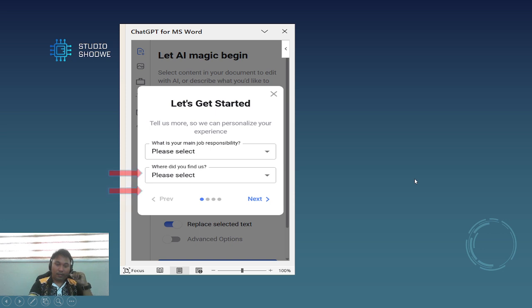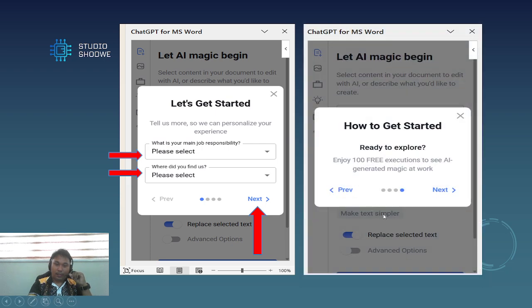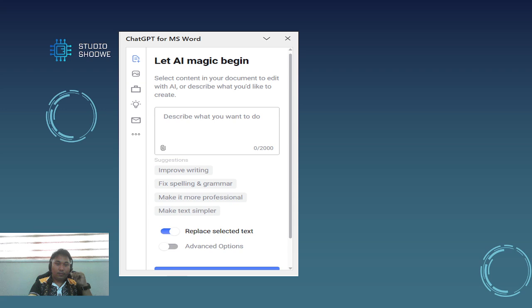Then click next. After that, just click next. Then get started. After that, this will be the image.